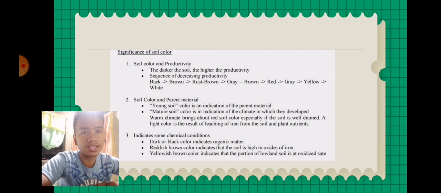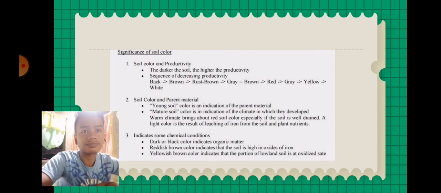Warm climate brings about red soil color, especially if the soil is well drained. A light color is the result of leaching of iron and plant nutrients from the soil. Number three, soil color can indicate some chemical conditions. Dark or black color indicates organic matter. Reddish brown color indicates that the soil is high in oxides of iron, and yellowish brown color indicates that the portion of lowland soil is at an oxidized